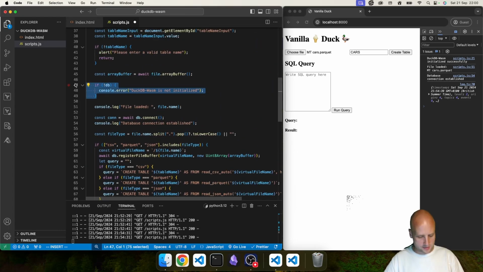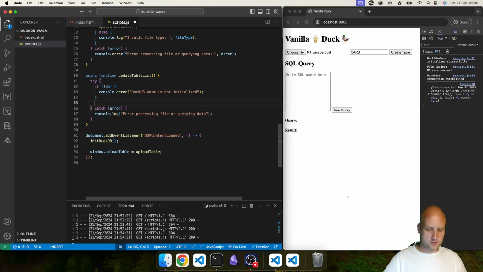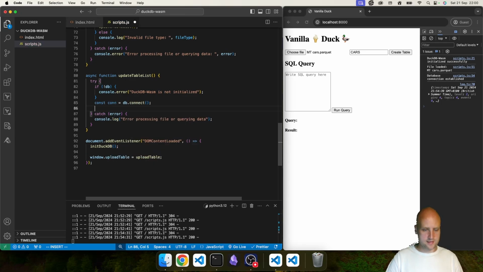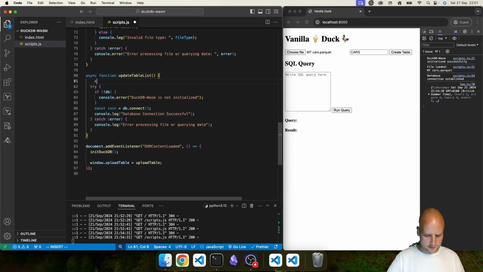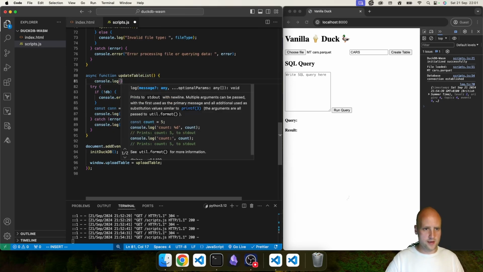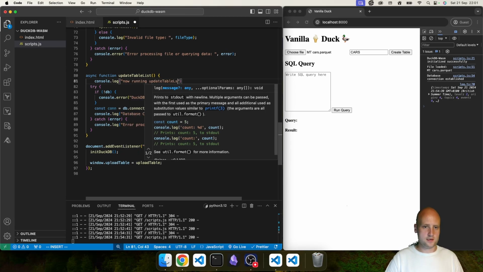So I'm just going to copy this from above, and that's just the first check we're going to do. And once we've checked that the database actually exists, we're just going to connect to the database and then add a console log to let us know that that's connected successfully. And let's also add an additional console log up here saying that update table list is now the function that's